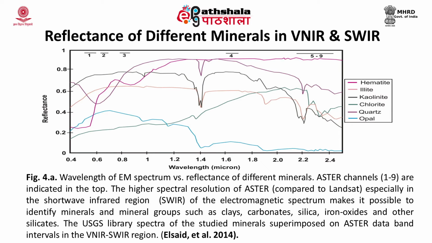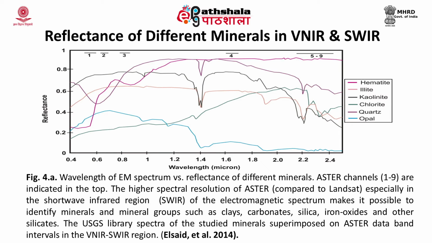The higher spectral resolution of ASTER compared to Landsat, especially in the short wave infrared region of the electromagnetic spectrum, makes it possible to identify minerals and mineral groups such as clay, carbonate, silica, iron oxides and other silicates. So, here you can see the hematite, ilmenite, kaolinite, chlorite, quartz and opal, all these minerals are plotted depending upon their reflectance with respect to wavelength, and this wavelength is illustrated here starting from 0.4 to 2.5. So, if you look at the hematite,